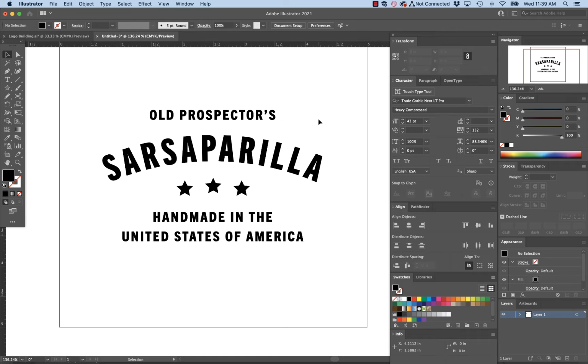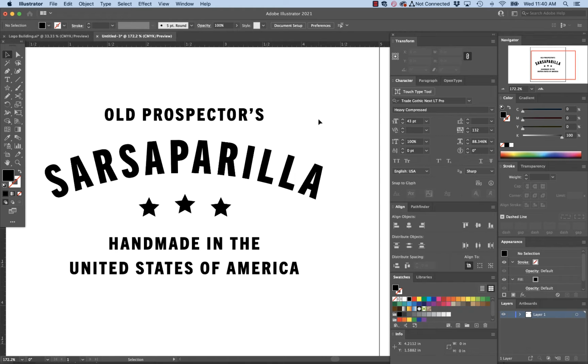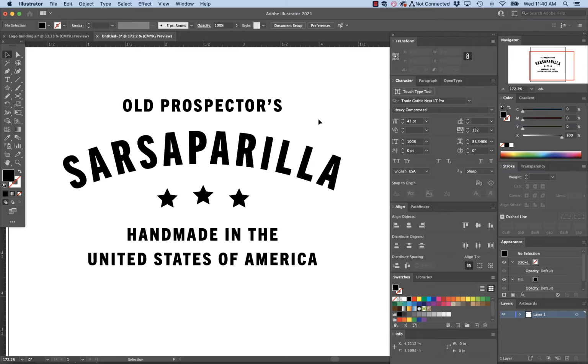All right, so I am going to demonstrate how to create some distressed type using a combination of Adobe Illustrator and Photoshop. It's not just going to be distressed type, it's a type that will feel, I guess, pretty inky and kind of blobby. And so if you look at a lot of, for lack of a better word, hipster badge design and a lot of the trends that are happening today, they're taking existing